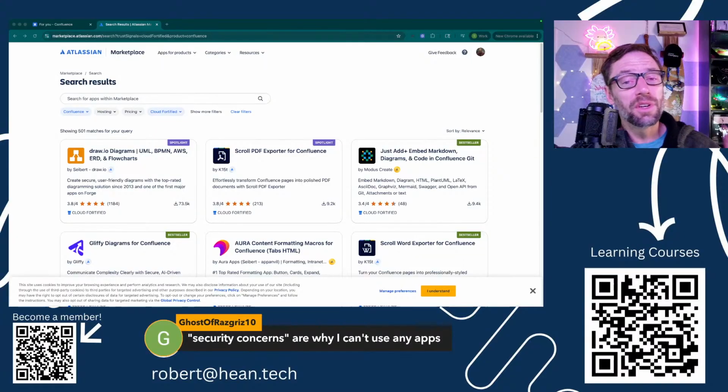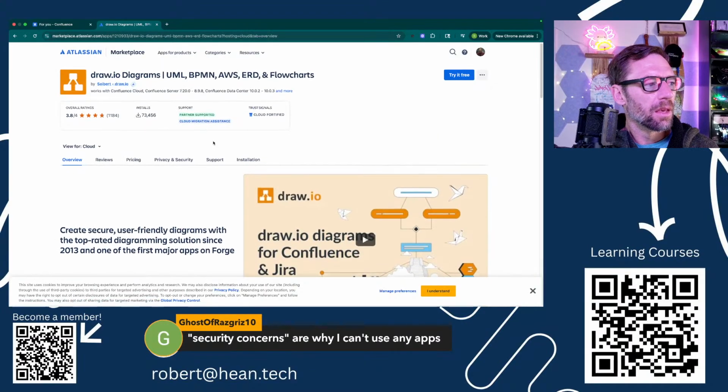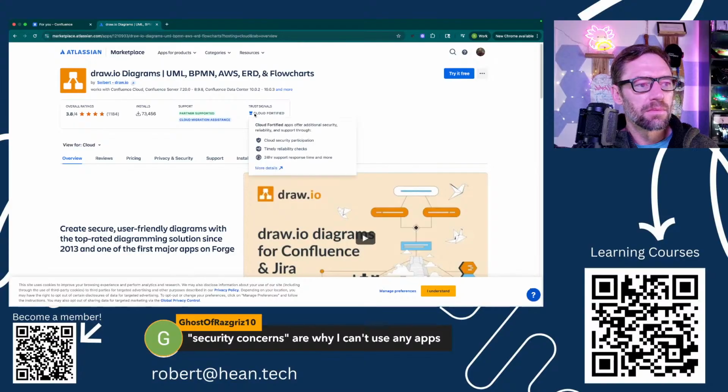Ghost is putting security concerns in air quotes. That is a completely legitimate concern. I will point out Atlassian does a very good job. I'll pick on this one of making it clear how and why you can trust these, and they share information